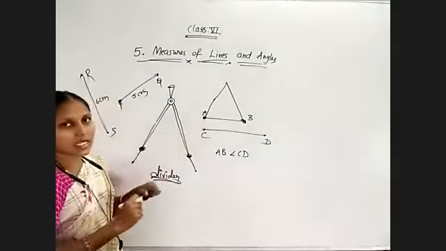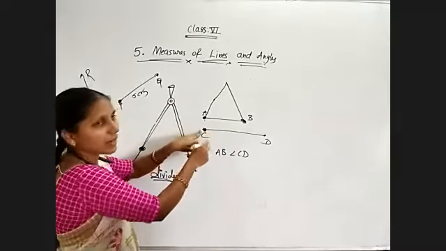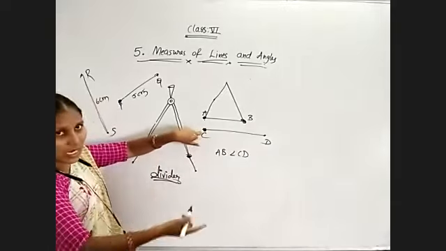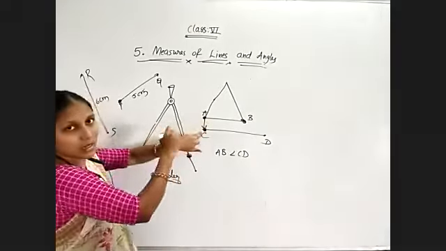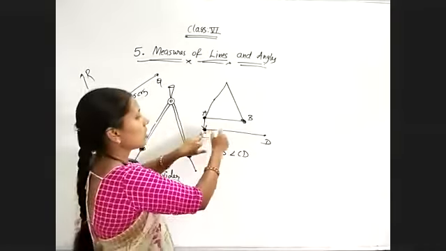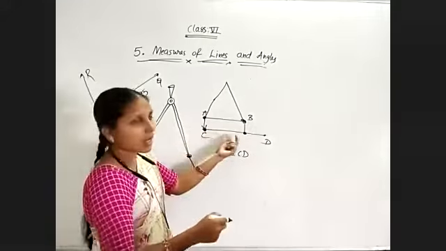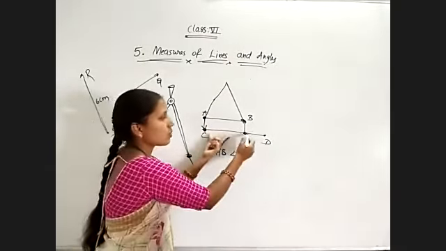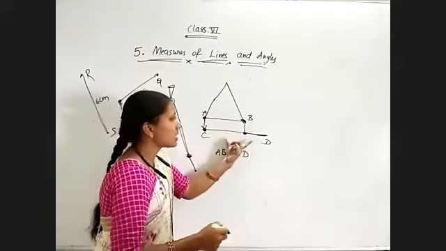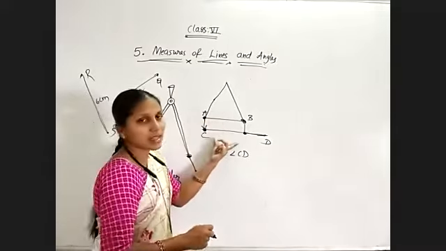Now, without disturbing the divider, keep it at the starting point of the other line segment. Place this arm here. Okay, now automatically I'll get till here only. The other arm of the divider I'll get at this place. So just observe, it is more than this one. Means CD is greater than AB. Yes or no? Otherwise AB is lesser than CD.